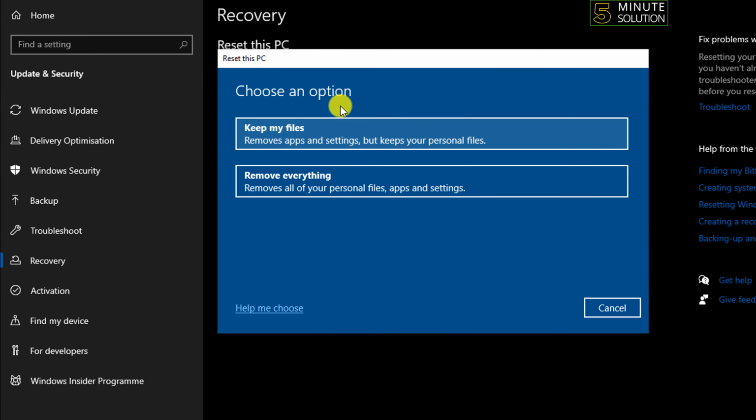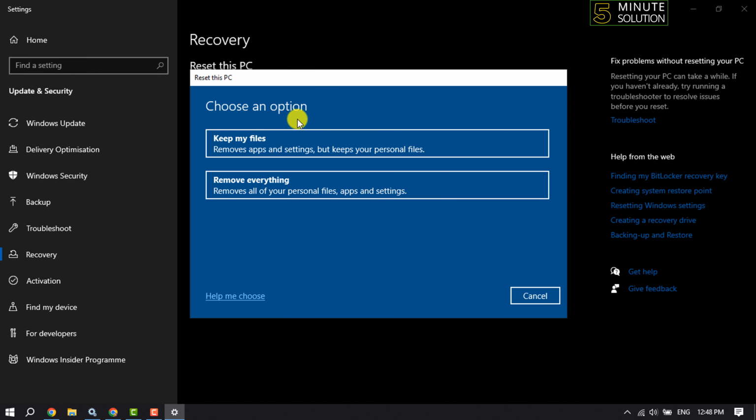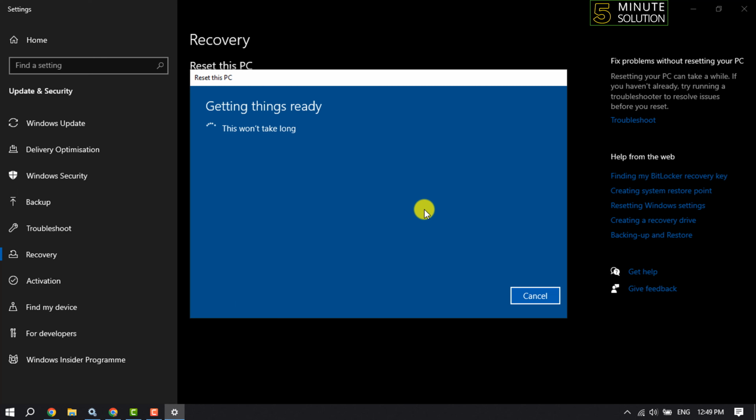If you select keep my files, then your computer will be reset without losing any data, but your apps and settings will be removed. And you can also select remove everything. It will remove all your programs, apps and settings. So right now we will select keep my files and click on next,